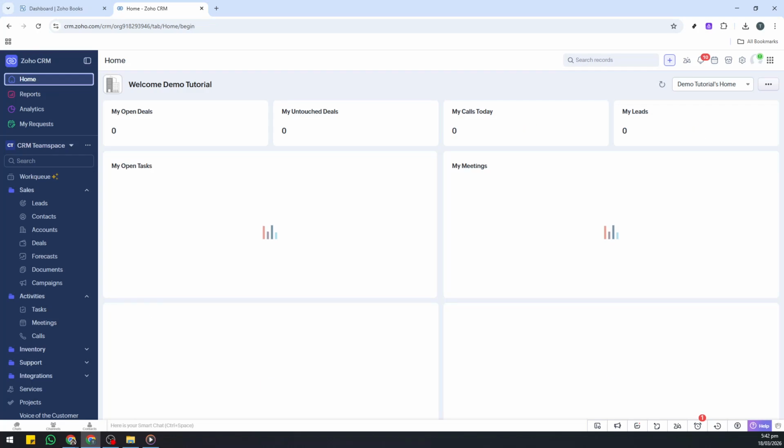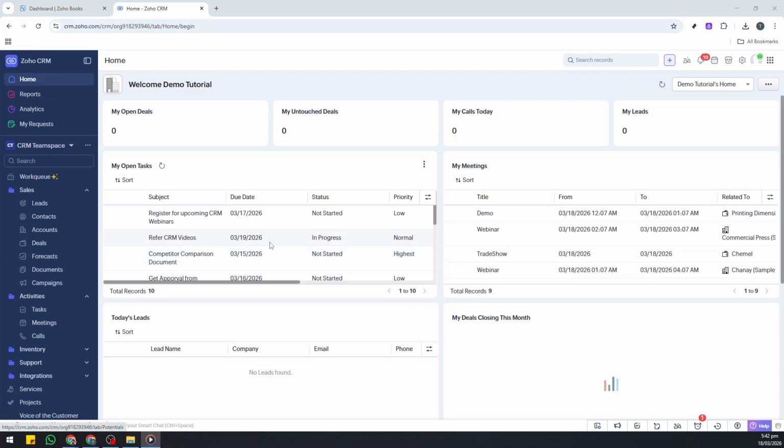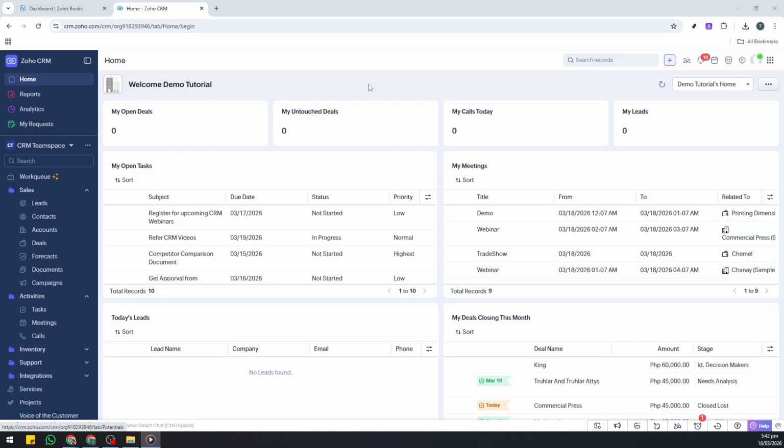In today's video, I'm going to teach you how to import contacts in Zoho CRM. By the end, you'll know exactly how to bring a list of people into your contacts module using the built-in import tool. Before we begin, make sure you're signed in to your Zoho CRM account and that you have permission